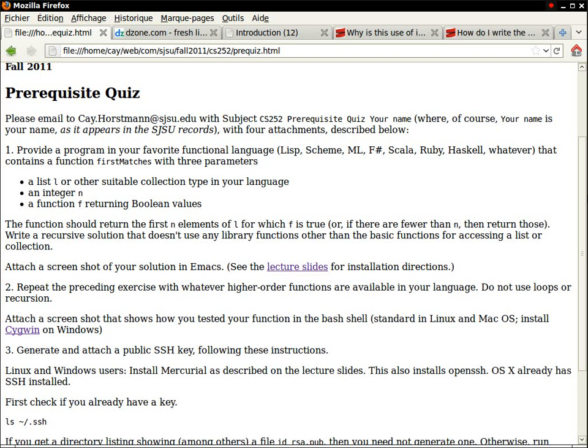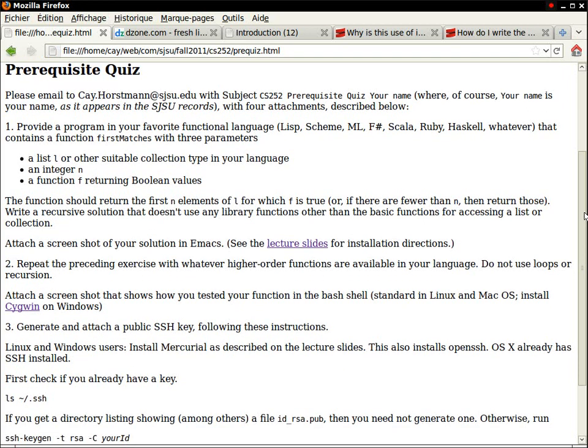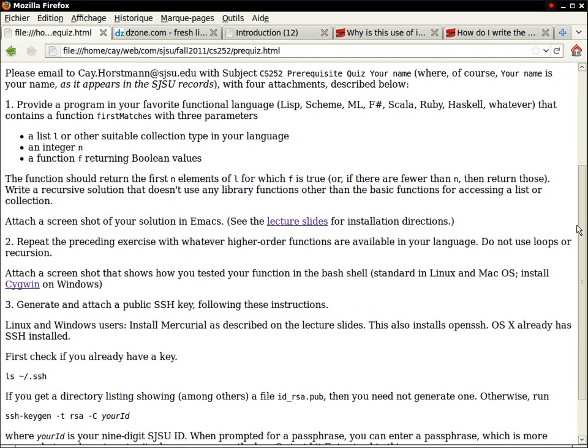And then since I have you, I figure I might as well see that you can install your software. And so I want to see that you have done this in a bash shell. And then the third thing is I want to add you onto Mercurial. And Mercurial has a somewhat non-standard way of doing authentication that's actually more elegant than the usual password thing. You have to generate a public SSH key. And so I give instructions on how to do that, and I want your key so I can add it